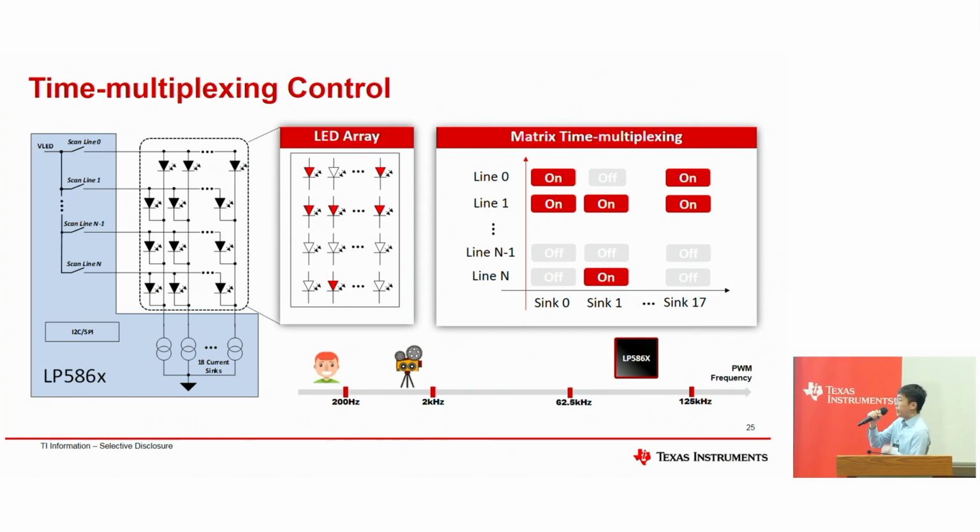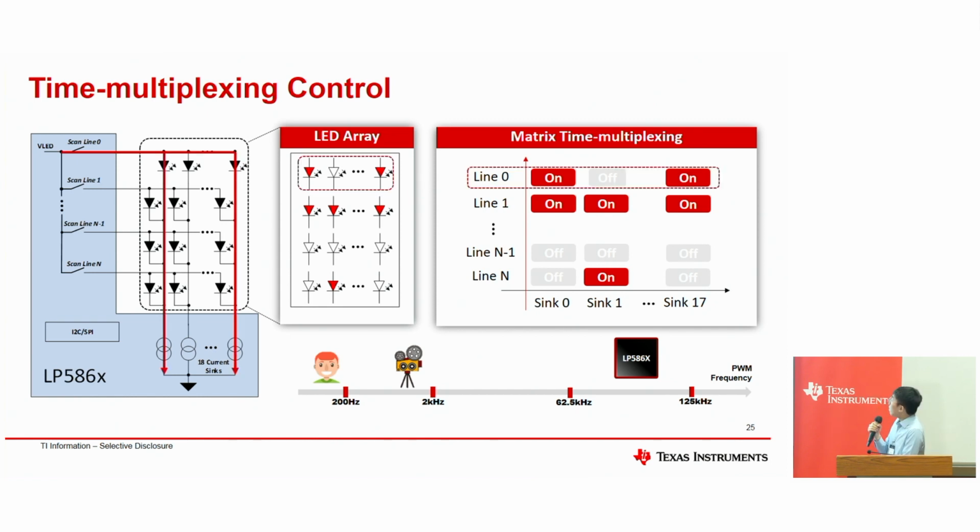For this kind of high integration of LED dots, especially on mechanical keyboards where you're looking for 100 or more LED dots, we use the time multiplexing control scheme. But different from the previous devices that I introduced for the TWS speakers, this one separates the scan line MOSFET from the current sink down below. This is more like a mathematical matrix, so it has X lines and it has Y lines.